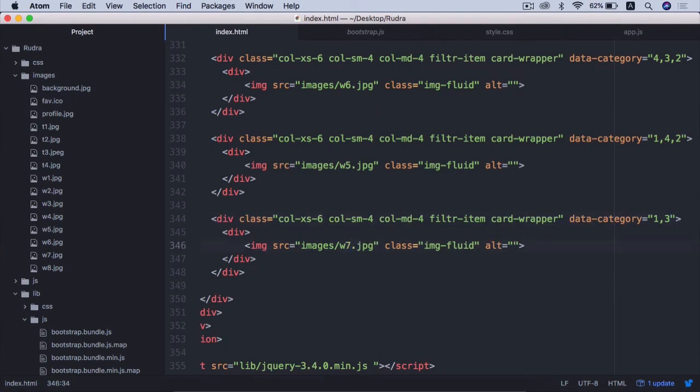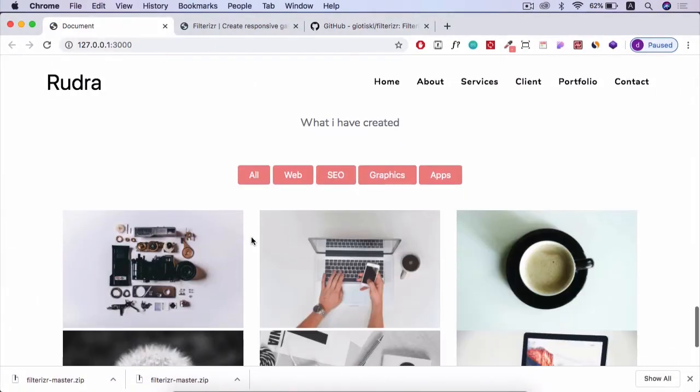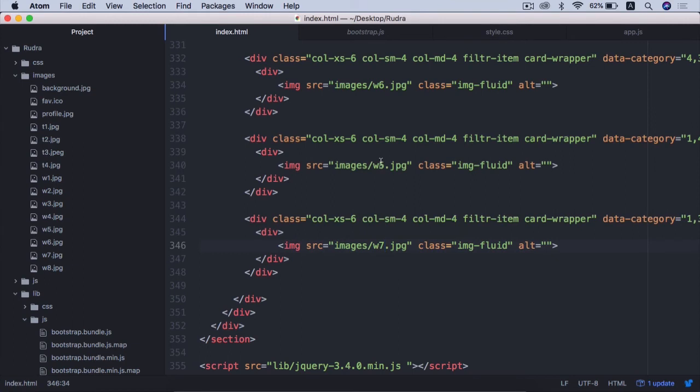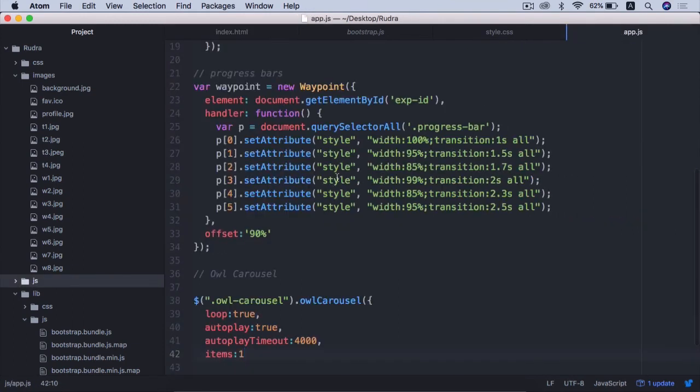Now save this and let's take a look. So this is a work section. It's not going to work because we need to add the jQuery to activate this. To write the jQuery, go to the app.js file,